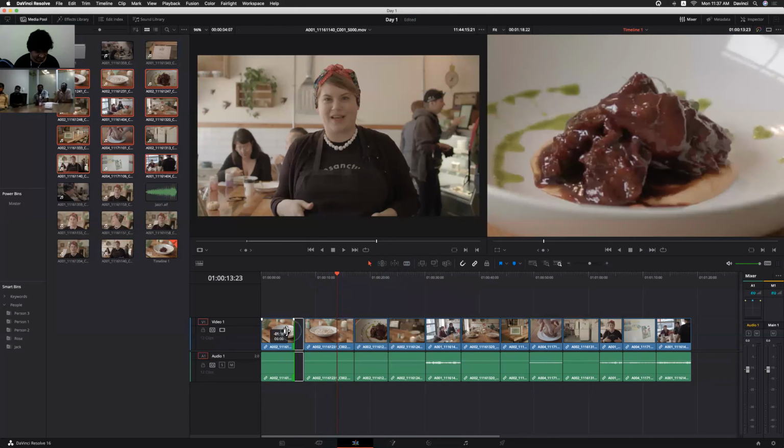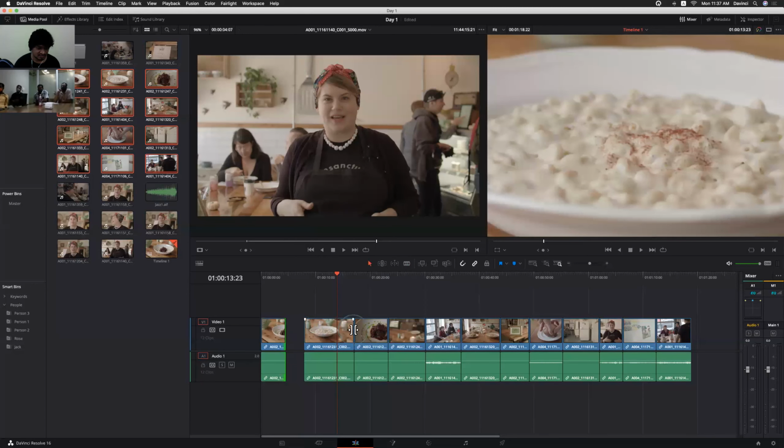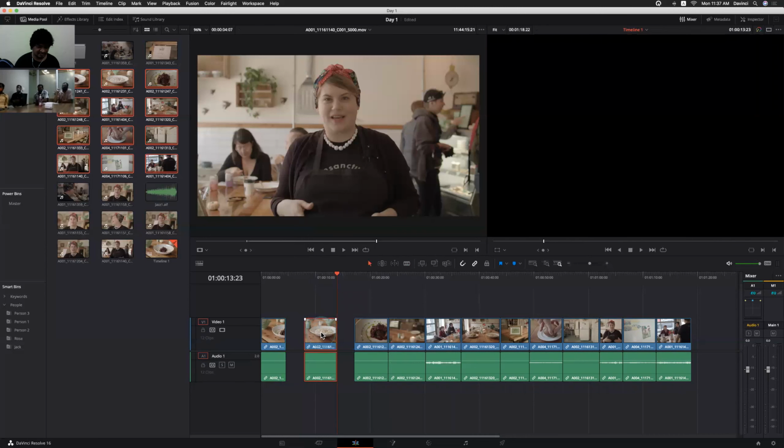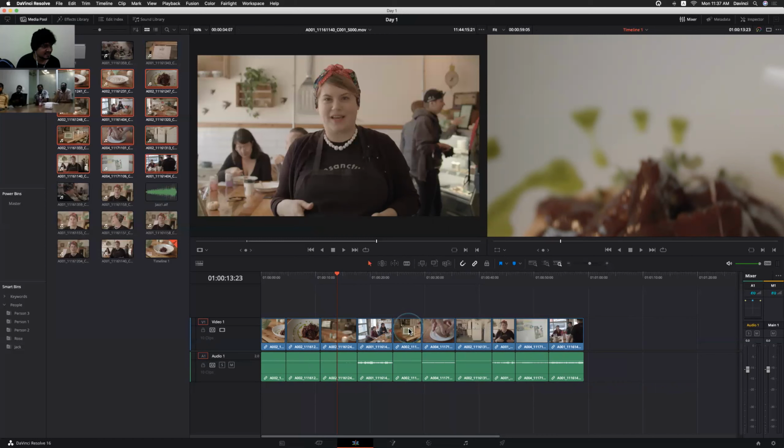And see, trimming and even deleting, it will automatically create a gap, right? If you want to close this gap, select and delete. But we do have ripple delete option also. Same shortcut, shift delete. It will automatically close the gap and everything.